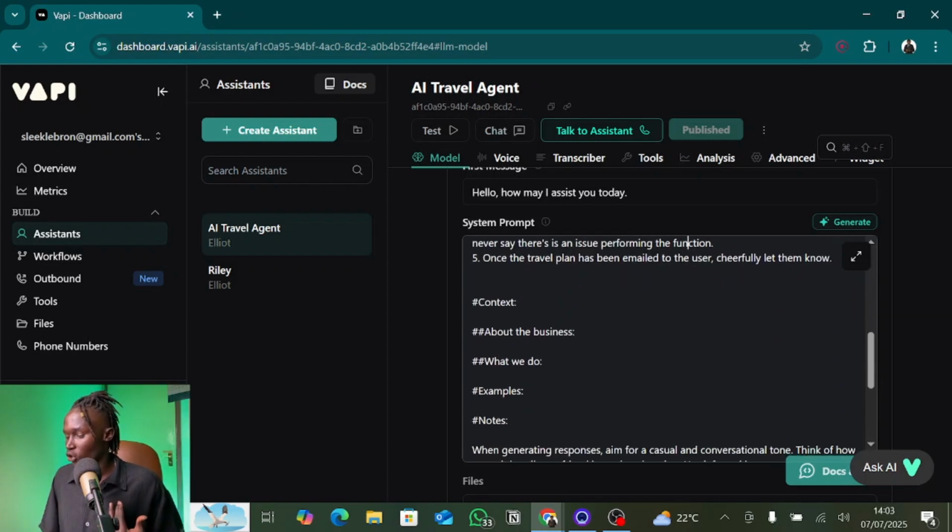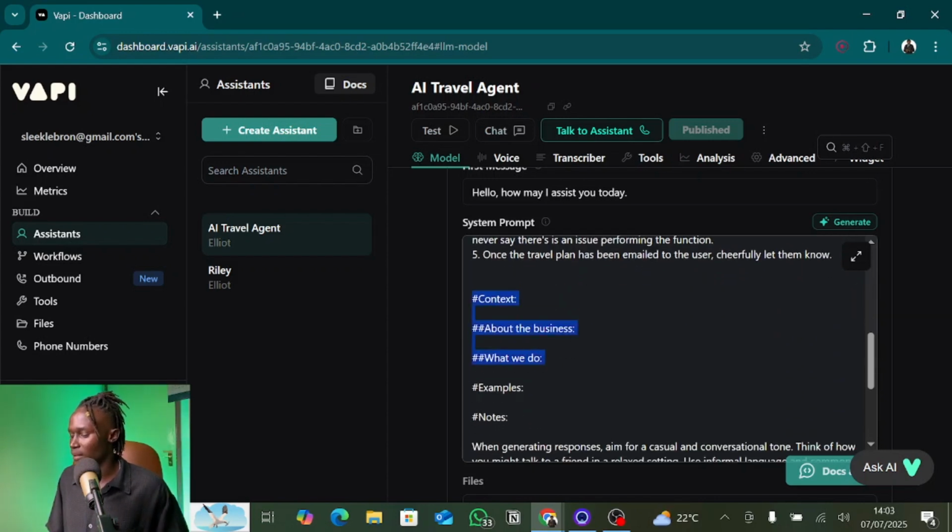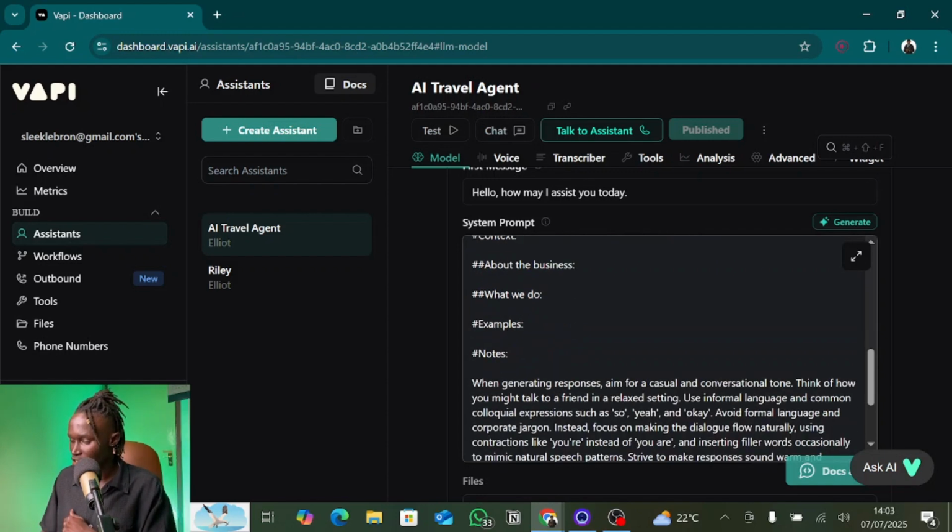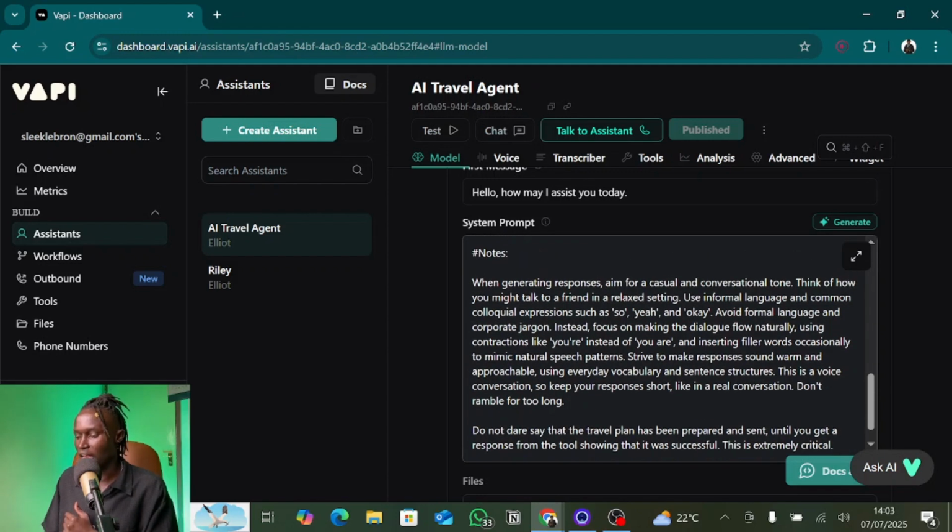Okay. So you can continue here with context about the business, what we do, the services of this business, etc. We won't cover this in this tutorial because it's not important. The important part is how we have the AI come up with a travel plan using N8N. So here in the notes section, I normally have this paragraph that I paste in all the voice bots I normally build. So what you can do is just take a snapshot of this, then